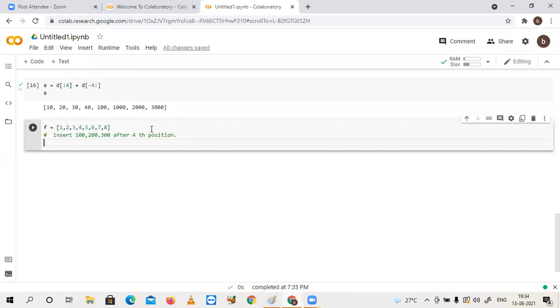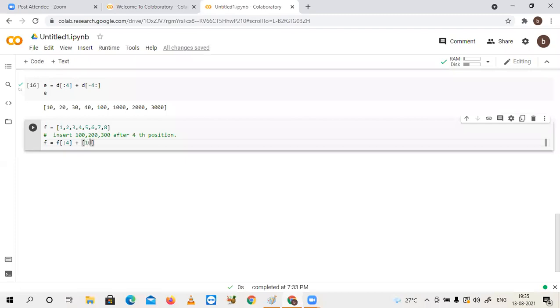F dot insert, to the same F, brackets, 4, comma, 100, 200, 300. Yes, what you said is correct for a list. Come on, first take only the first 4. How to take the first 4? F of colon 4. Can I say like this? Yes. After this position, I'm giving a list.